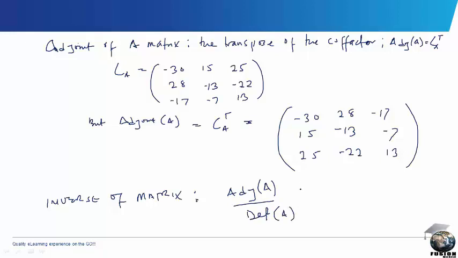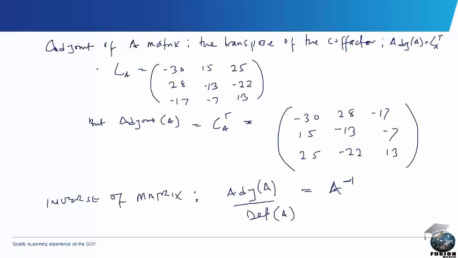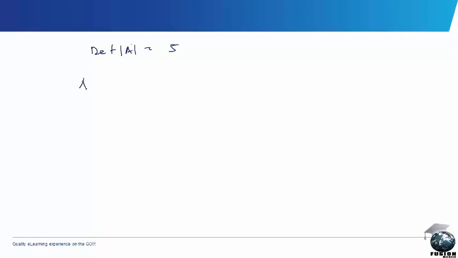Formally, we are given this matrix to be equal to matrix 3, 2, 5, 4, 7, 9, and then we determined the determinant to be equal to A. So the inverse of the matrix is defined in this manner, and the inverse of a matrix is denoted as the matrix raised to the power minus 1, just like we have A raised to the power minus 1. So we have determined the determinant of A to be equal to 5, and so we'll go ahead to determine the inverse. Therefore, the inverse of A is equal to the adjoint of A all over the determinant of A,